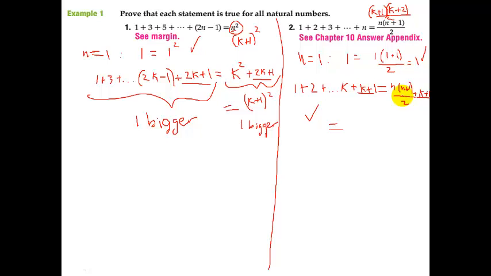Okay, so here's a situation where you may not see how to get from what we have to here. What we have to prove is that this and this are the same. So there's a couple ways you can do it. You can start with this one and prove that it equals that, or you can start with that one and prove that it equals this, or you can start with both of them and have them meet somewhere in the middle. So I'm going to start with this one because that's what I have here. I'm going to distribute this here and I'm going to get n squared plus n over 2. And then with this one, I'm going to make a common denominator of 2. So I'm going to say plus